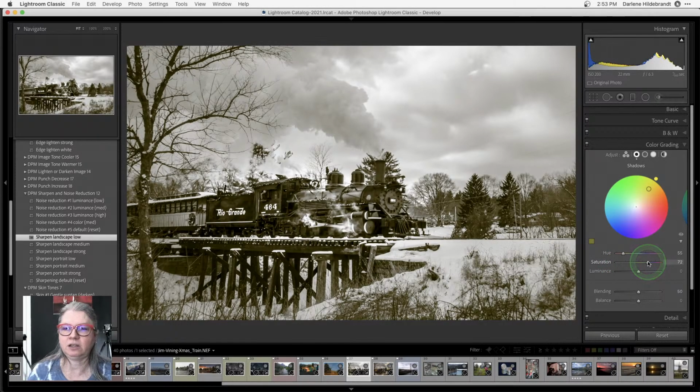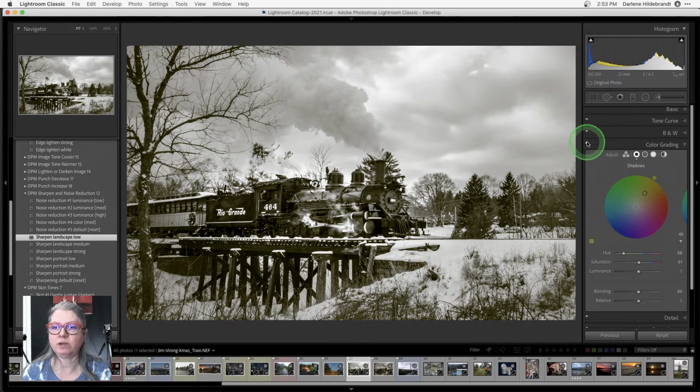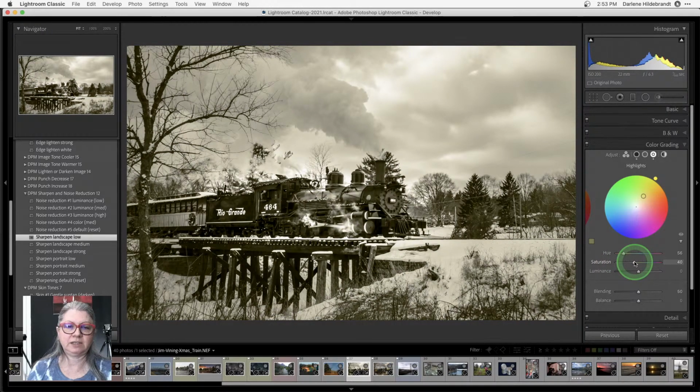Now another trick for adding a sepia look is if you only add it to the shadows and not to the highlights, you get a cleaner sepia look, right? So let's do, yeah, more like that. So this is more of what I would call chocolate brown. Okay, so I'm just making note 58 is my hue. If I apply the same hue or a similar hue to the highlights, okay, it starts to look like yellow snow and yellow sky. So I generally leave my highlights almost clear when I'm doing a sepia tone. So then I have white highlights, but brown shadows. Okay.